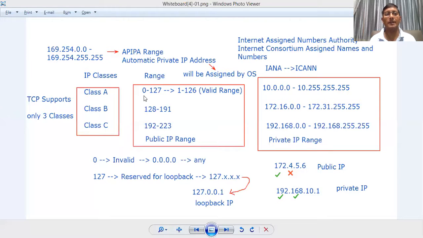If the first octet value starts at 0 and ends at 127, that is class A. But 0 and 127 are both not valid according to our concept. 1 to 126 is the valid range.